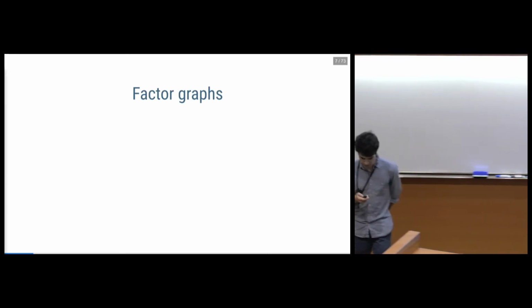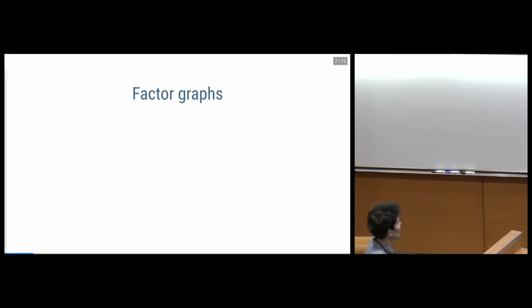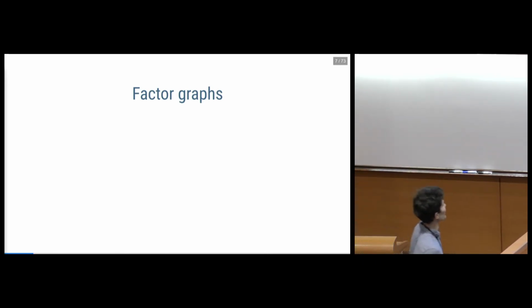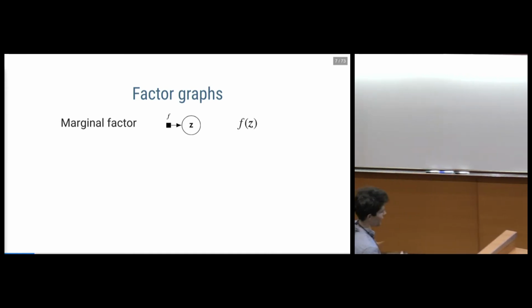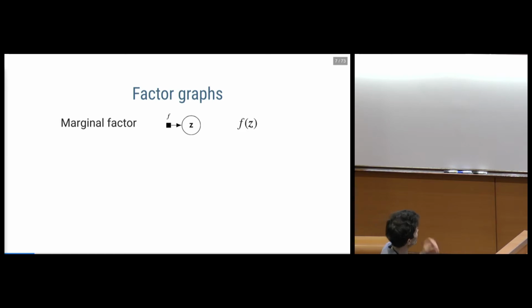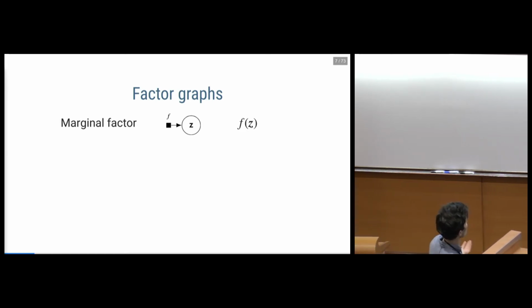So I'm going to be using a lot of factor graphs for my presentation, so I'm just going to quickly outline the notation I use just so that we're all clear when I'm flashing things up on the board later on. So a factor graph just describes the factorization structure of some probability distribution. We have factor nodes, which are these little boxes on the graph here, and then variable nodes, which are the circles.